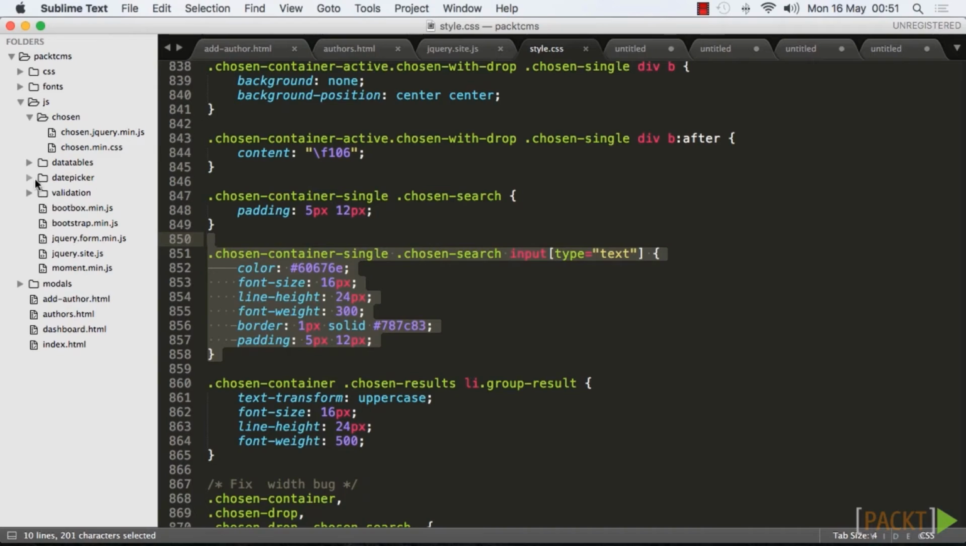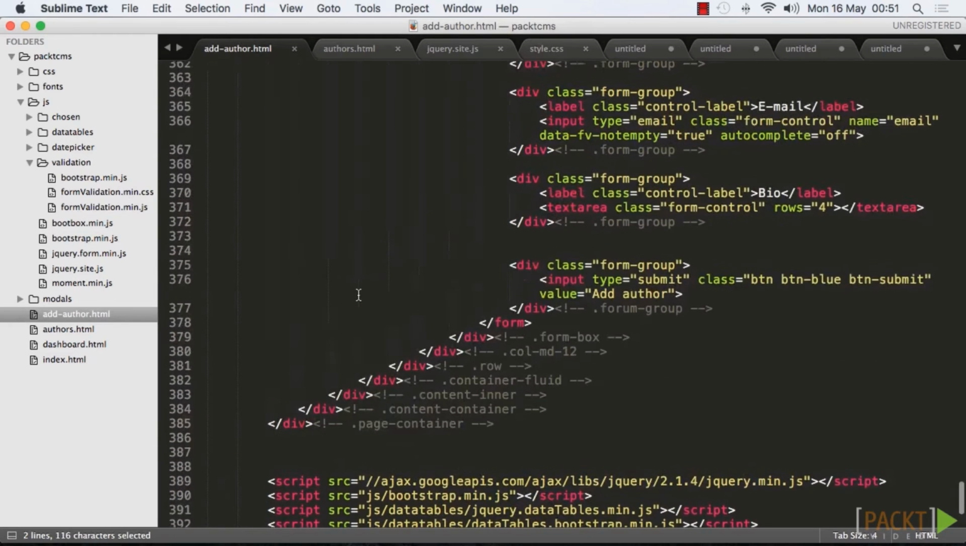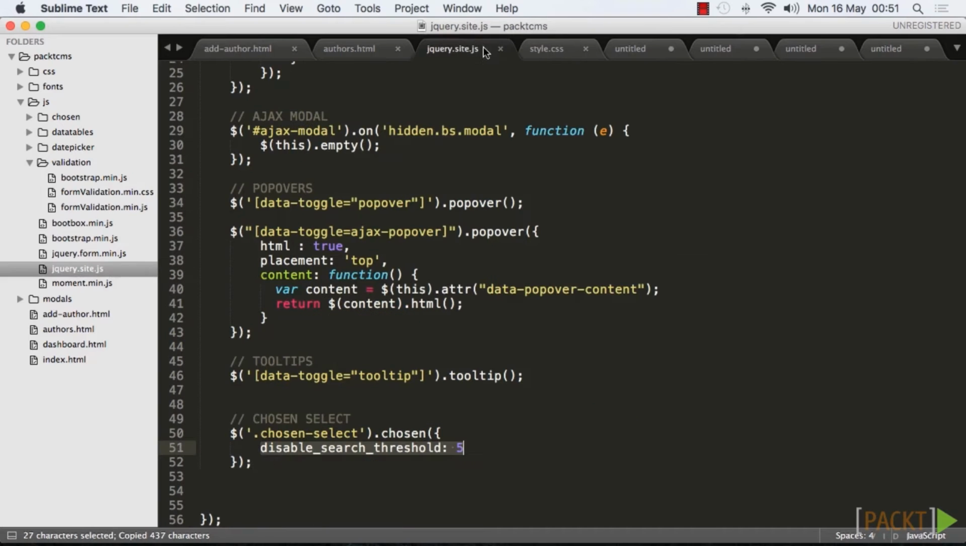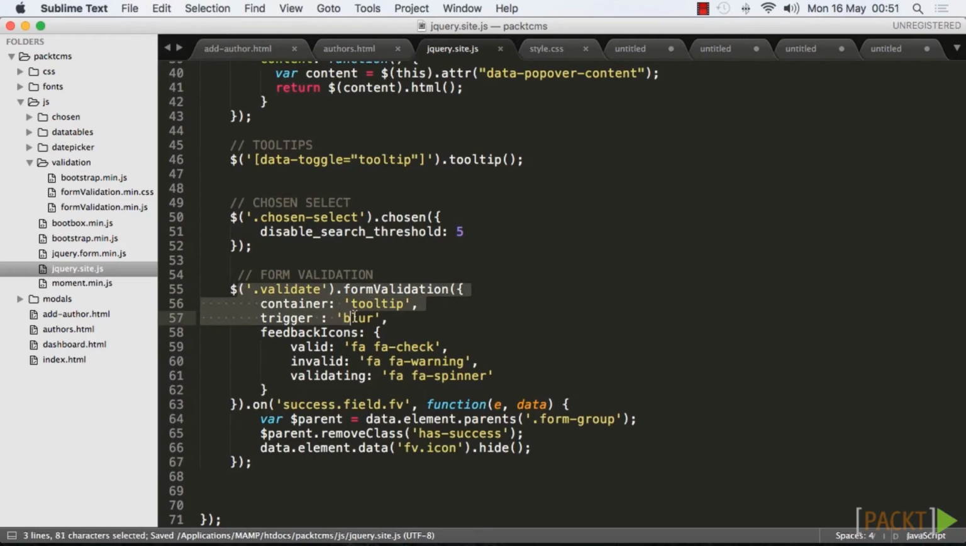So basically I've also downloaded the form validation plugin and I've added it to the validation folder inside JavaScript and all the files that we need. Of course, I've also included it right here just so we can see how it looks. Now, to enable it, of course, you need to write JavaScript. So to make it run, we will check for a class of validate, and we will trigger the plugin with